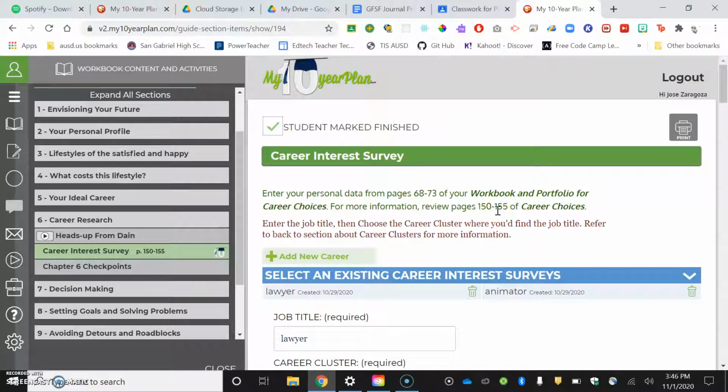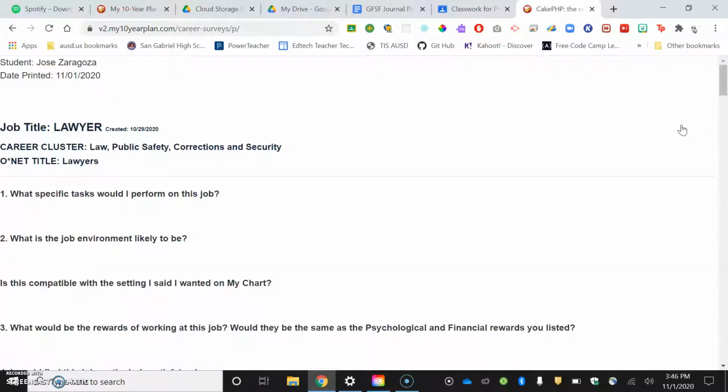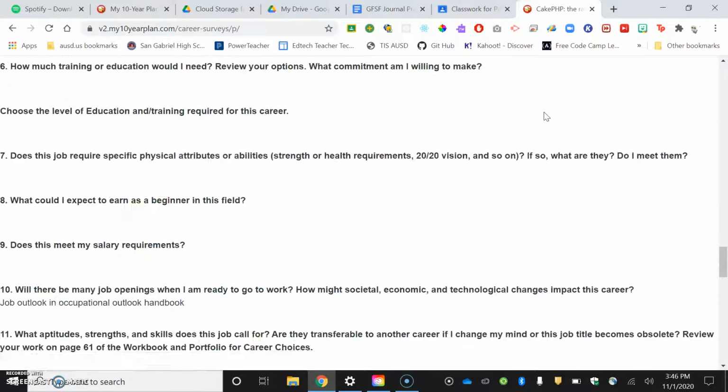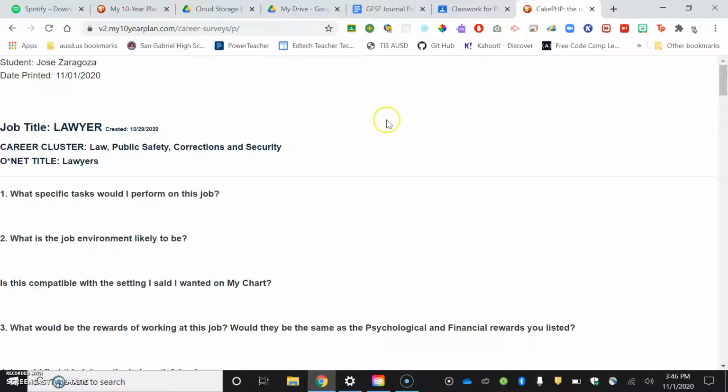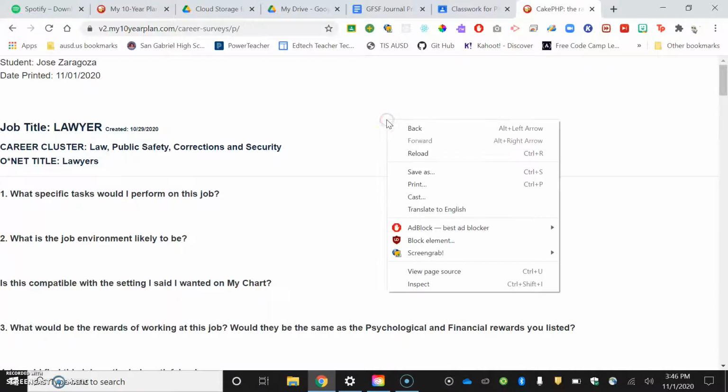Once you have completed your career interest survey, click on print. You're going to be asked to print it. Now, there isn't a printer installed and there's no print button here. So what you need to do is right click on the page, print,